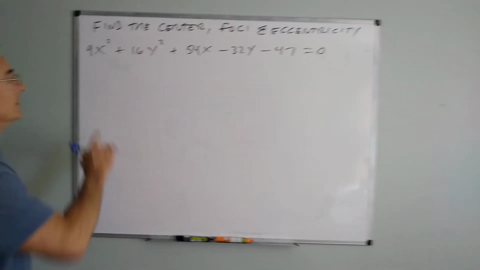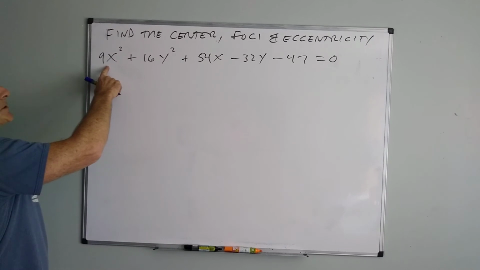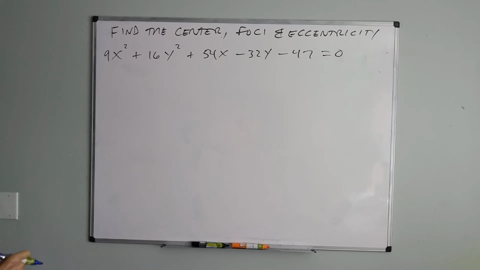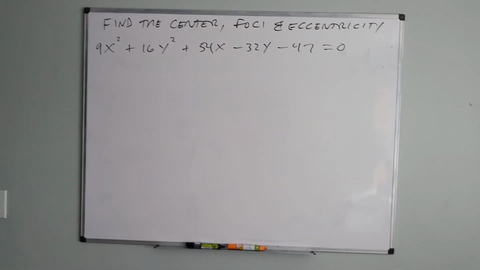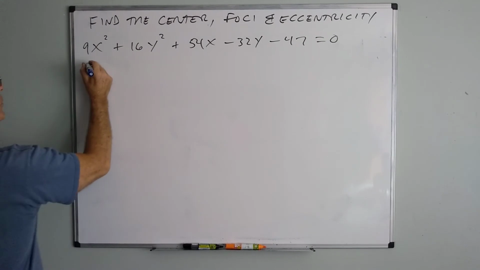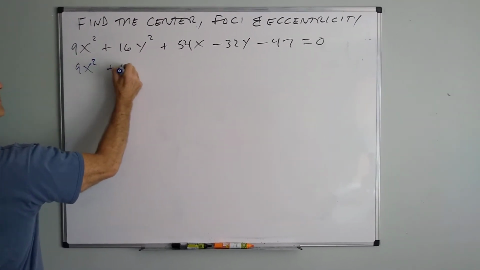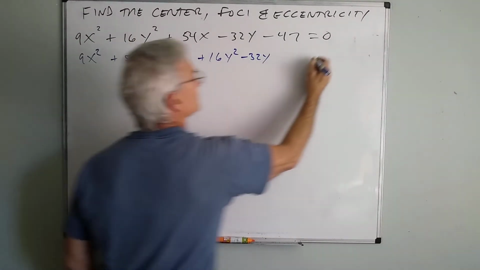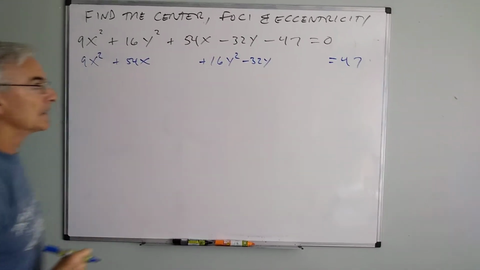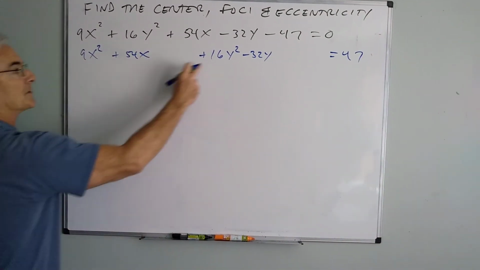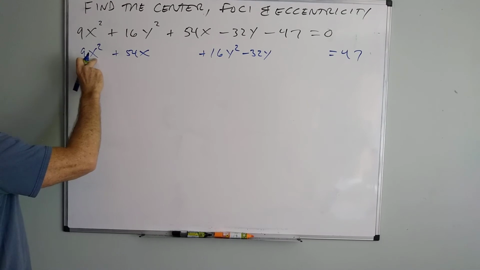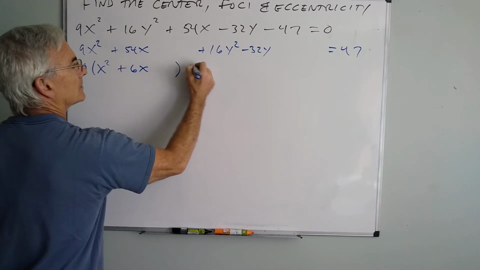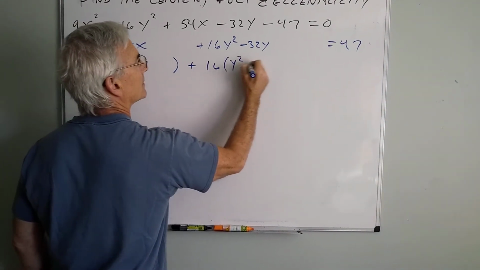Finally, we want to actually find all the parts of an ellipse in this form: the center, the foci, the eccentricity. Now, I need to work to make this look like the form we were using before, which means I'm going to need to complete the square. So in order to do that, I will gather the terms and I will move the constant over here. In order to complete the square, I need the lead coefficient of the squared term to be a 1. So as I factor out the 9 and the 16,